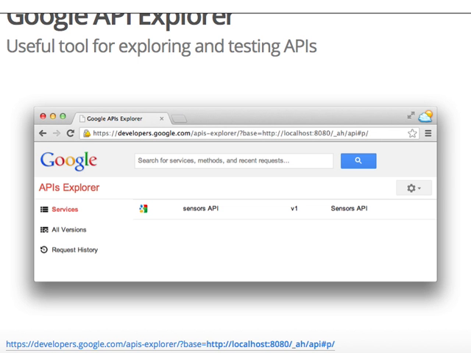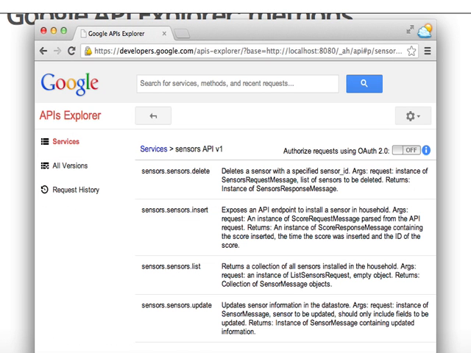So we have our API launched here, and you see on the top level we have Sensors API, V1. Now, we click the Sensors API, we move on. Here we have our API methods. So delete, insert, list, and update. All this documentation is automatically generated from Python comments you put under the method. So you know, triple quotes, comment, triple quotes. It will all automatically make it here so your users can see it.